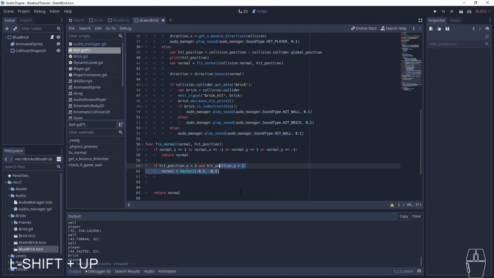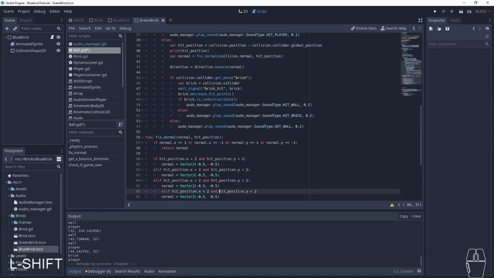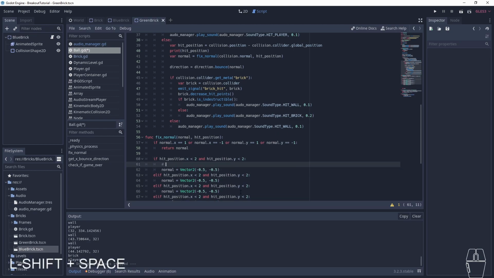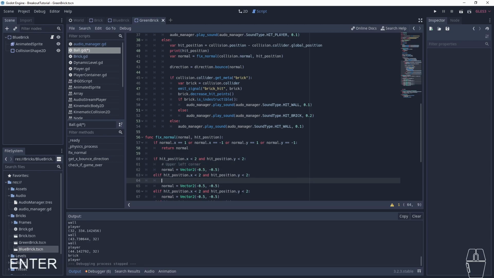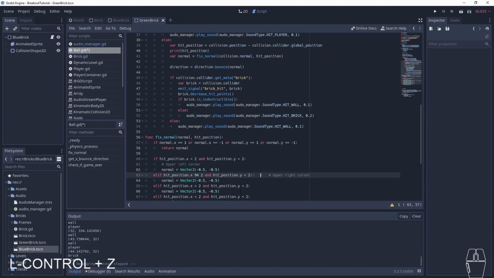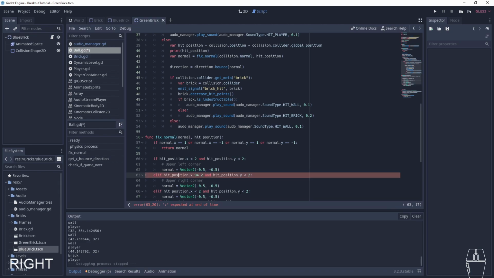So we do similar things with the rest, else elif hit position. Let me just copy that and I'm gonna fix it. I can also add some comments here to make sure, like upper left corner. Then we're gonna do the upper right corner. The upper right corner is when the x position is greater than 94, right? Our bricks are of size 96, and if we have something that's greater than 94,